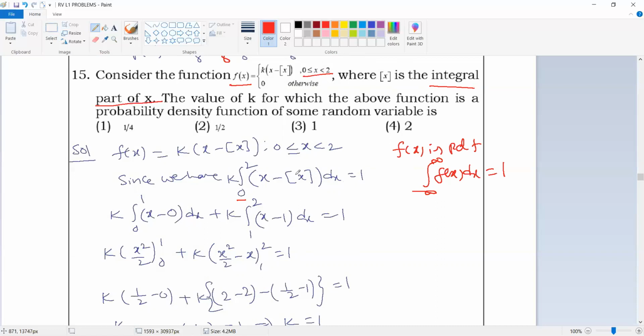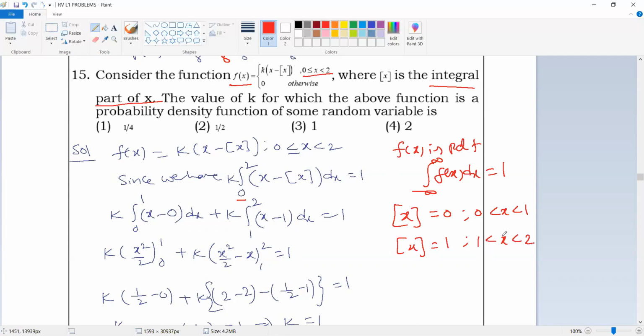But in the given PDF, bracket x is there. The behavior of the bracket x is very, very important. We should consider only the integral values from 0 to 2 here. So bracket x is 0 when x value lies between 0 to 1 here, because there is no integer value in this 0 to 1 here, all are fractional values. So bracket x is equal to 1 when 1 is less than x less than 2 here. So in this interval, the bracket x value, you should take 1 here because 1 to 2.